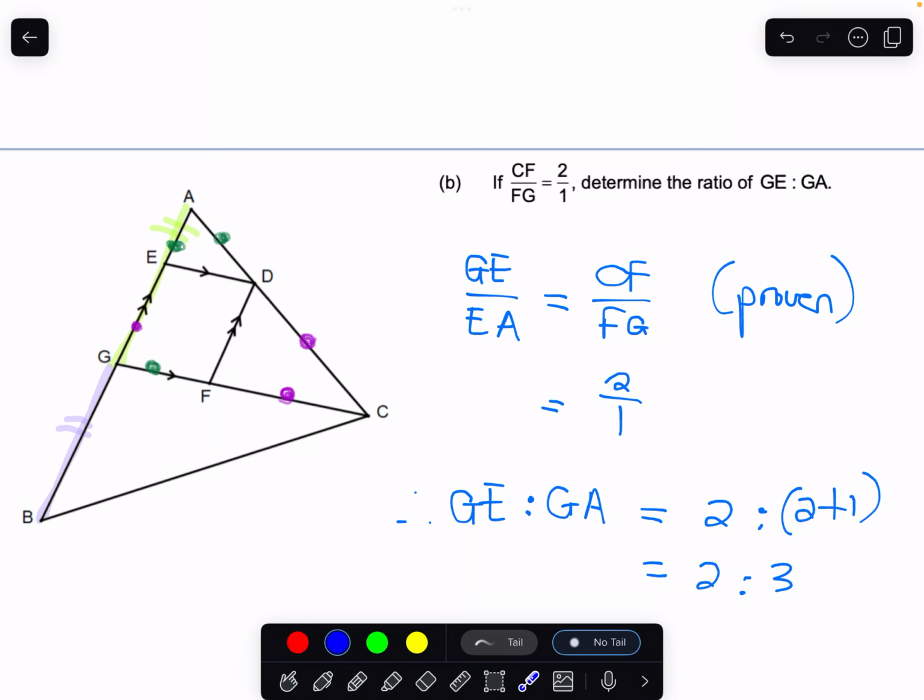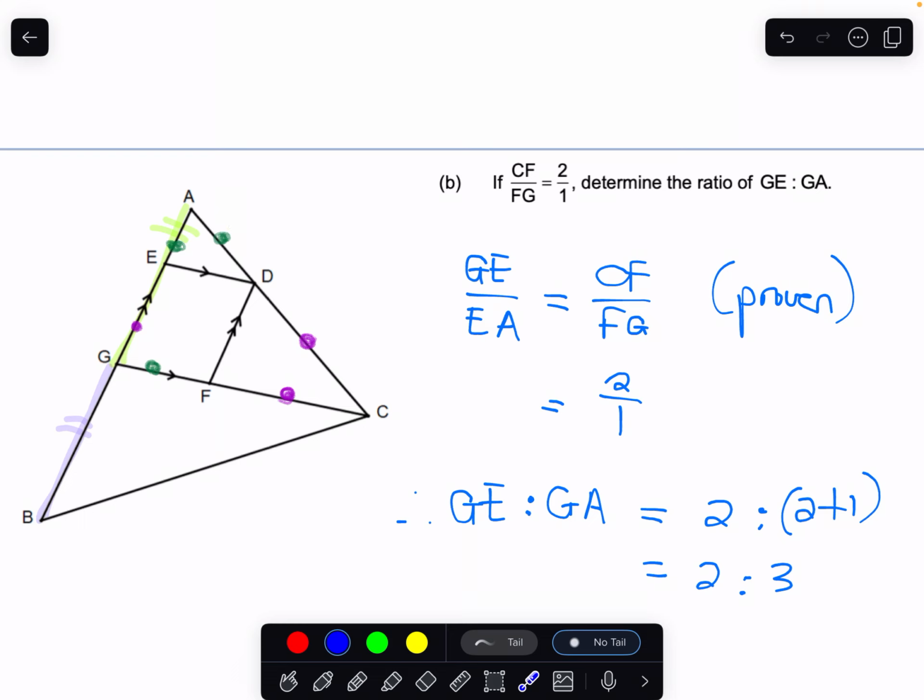Oh, did I look at the wrong thing? Okay, but yeah, it's fine. So we have GE to EA, which also gives us the ratio of